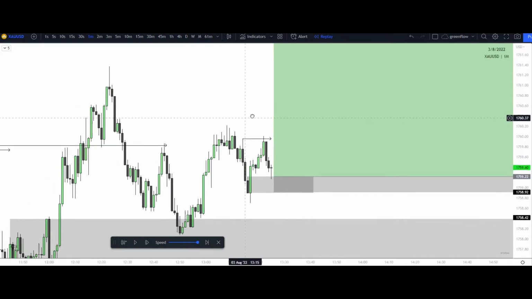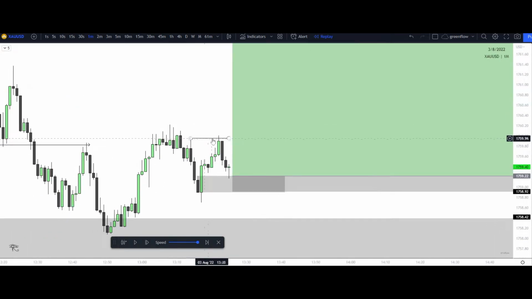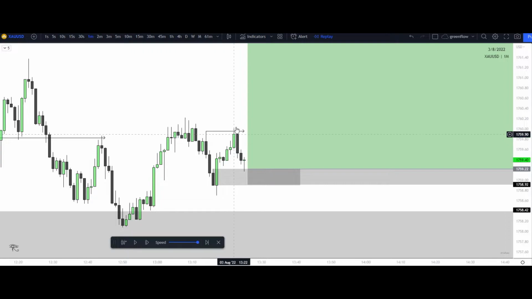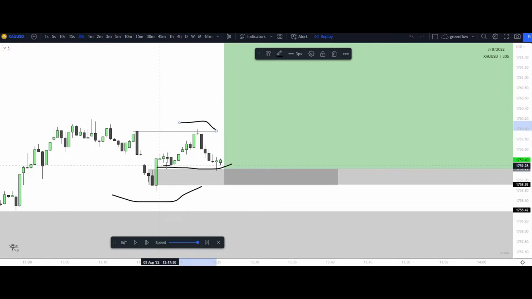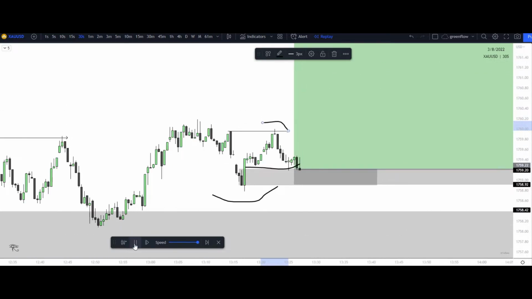Well, if we see this break right here to the upside, does this show a lot of impulse, a lot of imbalance, everything that we wanted to see? No, it does not. We can see a reaccumulation to the upside. We saw lows that were left as we came into this area. But I understand if we still respect this low that caused this internal high, then we can still continue to the upside. Let's go to the 30 seconds so you guys can see exactly what I'm saying as well. We raid liquidity to the downside, and let's watch what happens.